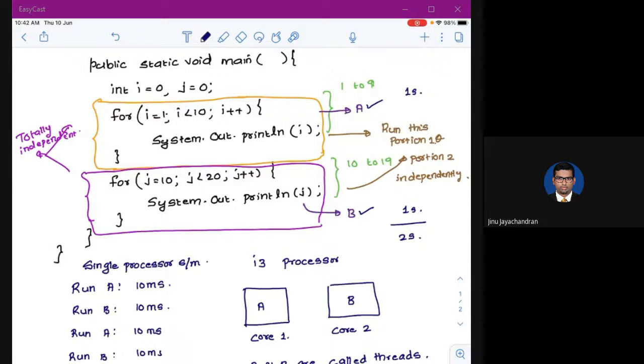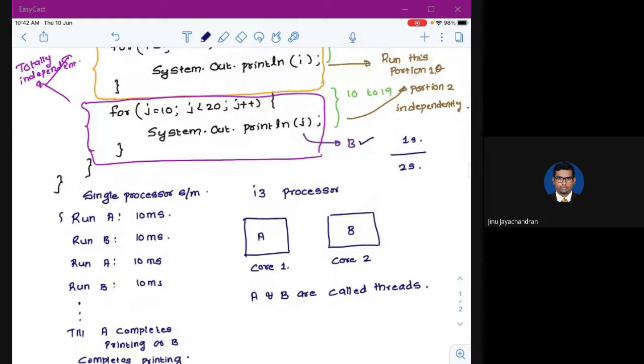If there are threads, since you are slicing this in a single processor system, it is possible that it will take slightly less time than 2 seconds. It might be like 1.9 seconds. That's all. But if it is a multi-core system, then you see that it will take a total of 1 second to run both A and B at the same time.